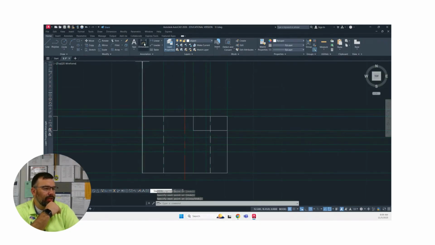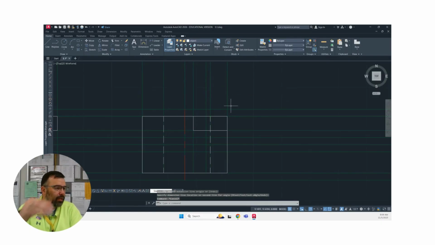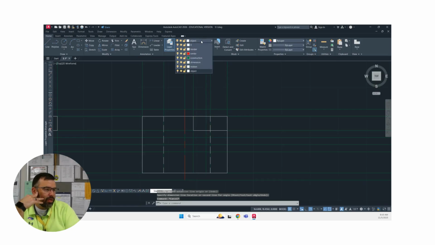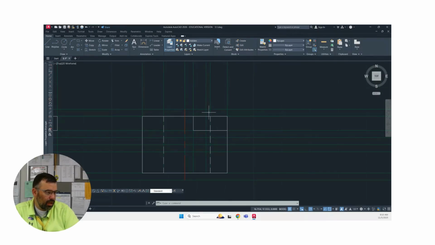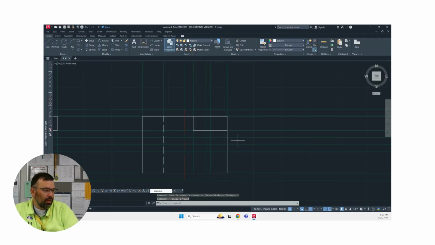And then I want to measure something just to see how far it is from here to there. Oh, that's too far. That's the wrong line. So let's go to our hidden line layer. We got too many lines in, and that confused me, which is okay. That happens. And then we go to line, and that is where I want my hidden lines for this hole here. And then if I go back to dimension,